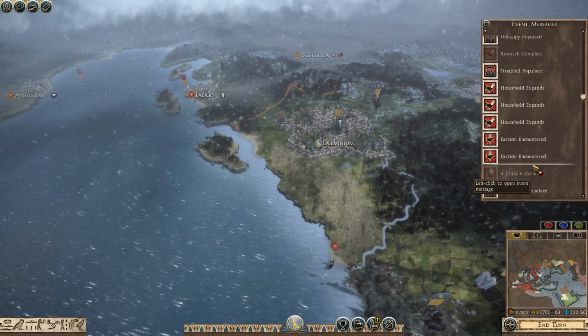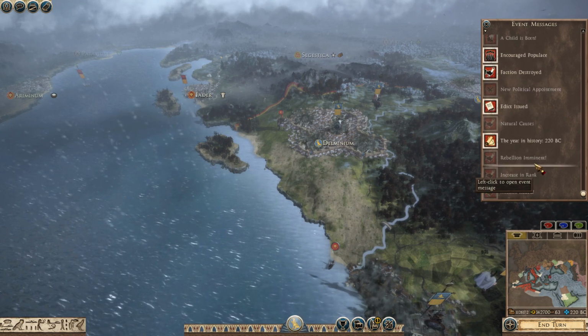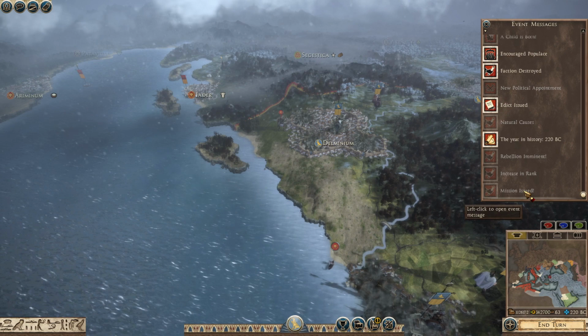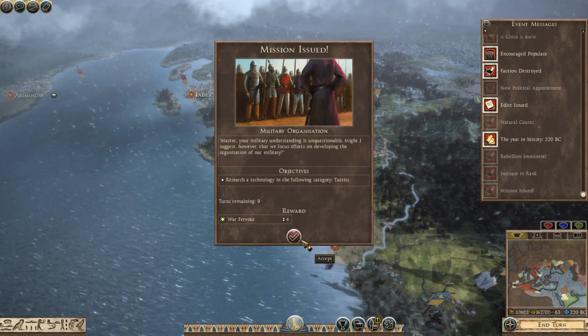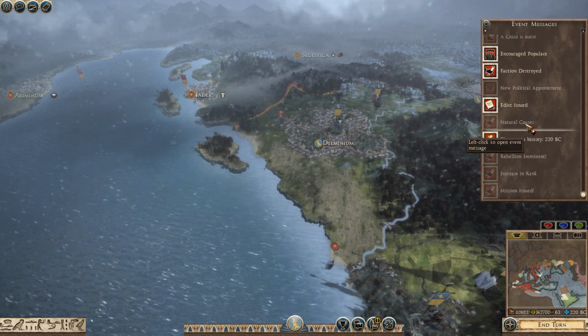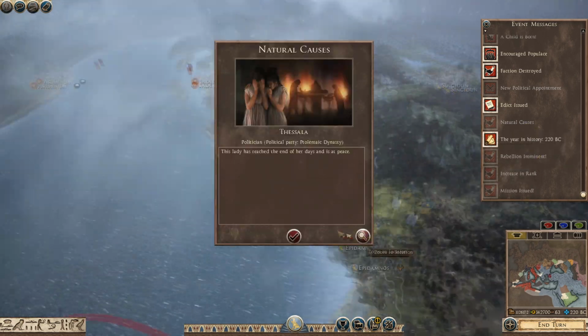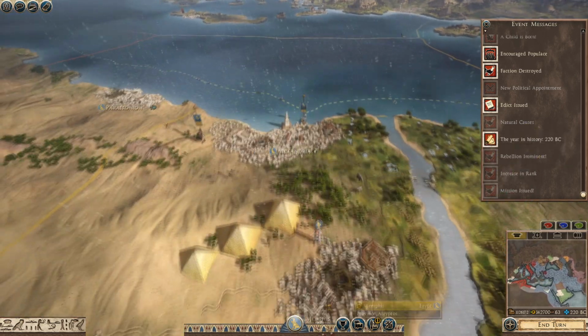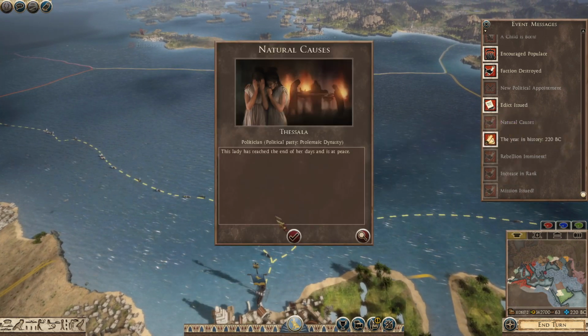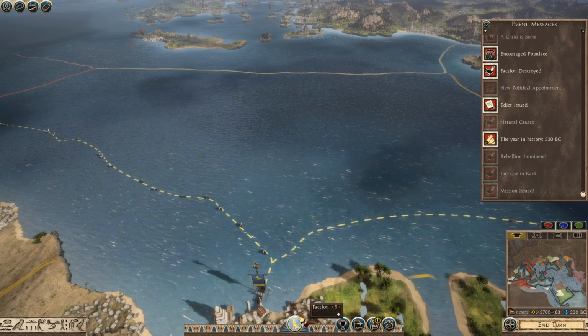Who returned home now? Let me just see. Increased mission issued. What have we got? Mission issued. Well, not worried about that. Oh, I don't know why I bothered clicking that. Who died of natural causes? Priscilla. Let's have a quick look at her